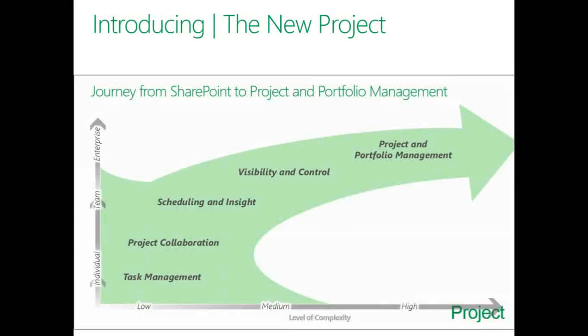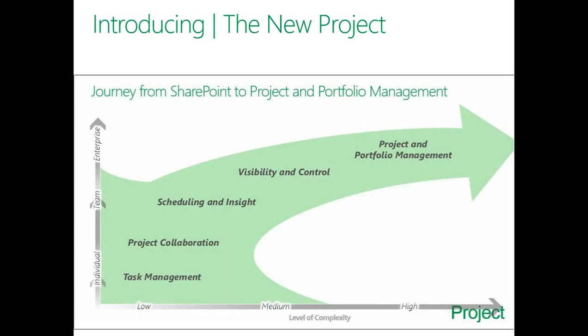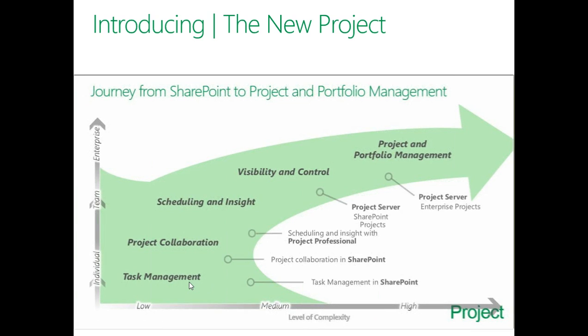So with 2013, really the focus was very much on being able to manage all of the work in the organization. Not just manage strategic projects, but being able to manage everything. Being able to manage support or business as usual work, small initiatives, large initiatives. So really scaling is key, and work management is key in the Project 2013 release. You'll see on the left-hand side I have individual, team, and enterprise here, and I have low, medium, high complexity for my projects. So with Project 2013, the task management in SharePoint has been improved greatly to a point where